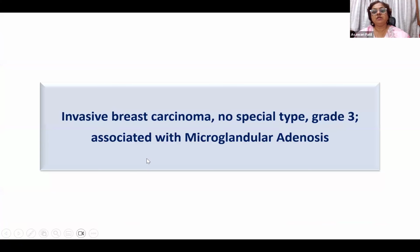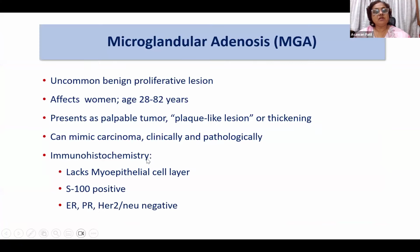associated with microglandular adenosis. Now, it is very important to diagnose microglandular adenosis because, first, it is very uncommon. Second, it can affect women in a wide age group, and it can present as a palpable tumor and can mimic carcinoma clinically as well as pathologically. So if we don't have a good tumor sample, if the morphology is not good, or processing and fixation are not good, we are going to miss this. We may call it a low-grade carcinoma, which is not the case. This is yet a benign condition, but